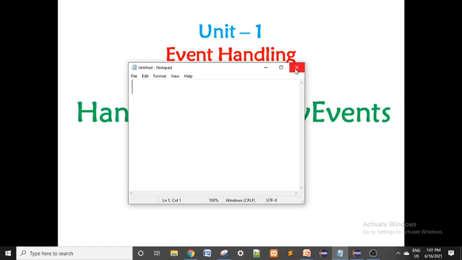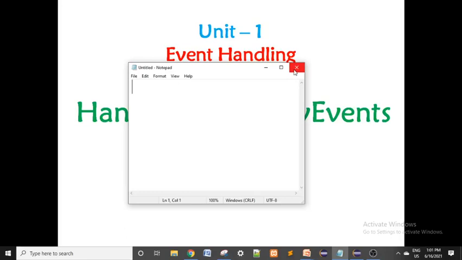So that close button is at the right side of the window in the Windows operating system. We cannot close the window when we develop an AWT application, but I showed you how to close the application.